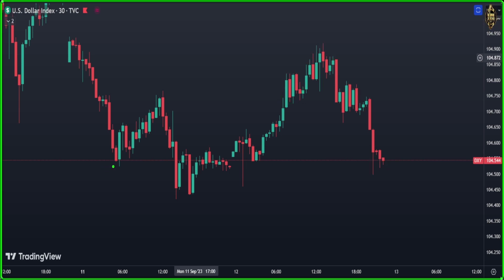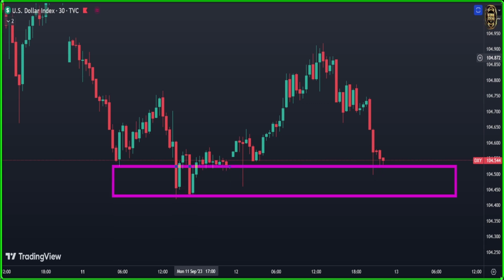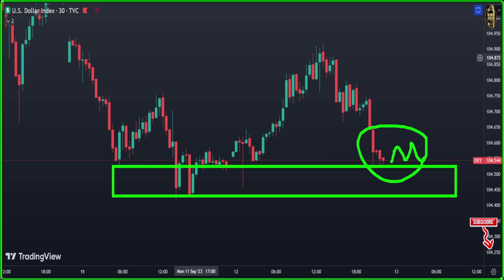But the DXY is still very strong. Look at that supply and demand zone which is down here. You are in it again. Should you enter long now? If the market gave you price action, maybe, but my advice is don't try to open any trade, because of the CPI data which is coming today. So try to avoid trading at that time, unless the market gives you very clear price action, then you can open a trade.